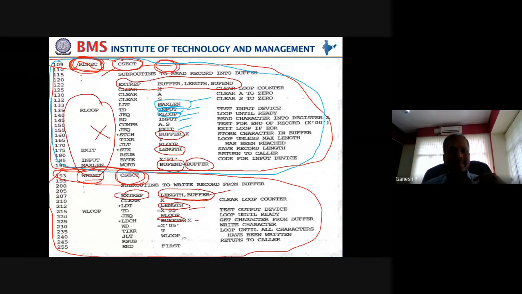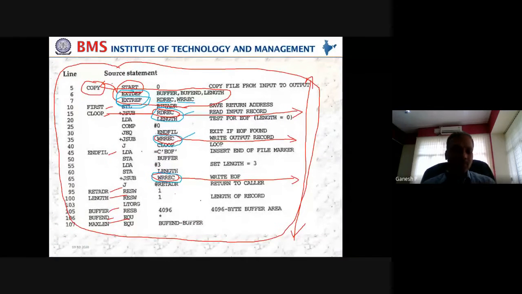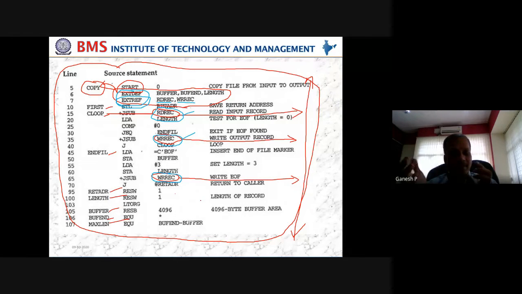Then what is EXTDEF? We have one more set, no? EXTDEF: we are again informing the system of external definitions. Meaning, when I am in this control section, I have so many labels. Some are used within myself, some are taken from other references. When I take from other references, I call them external references.